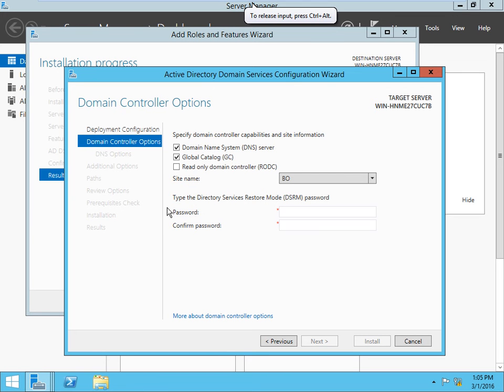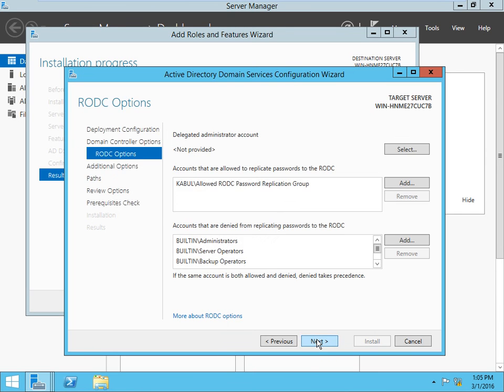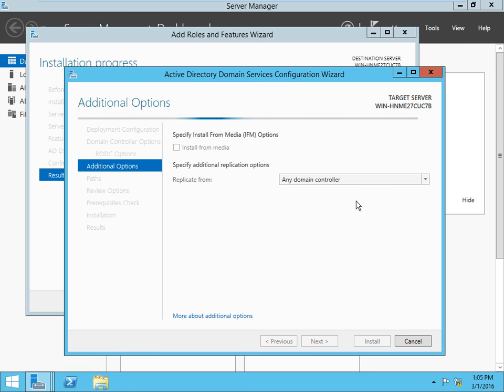Check mark. See, the head office we have created with the first server. So here is the branch office. Give the password and confirm the password. Next, simply next.